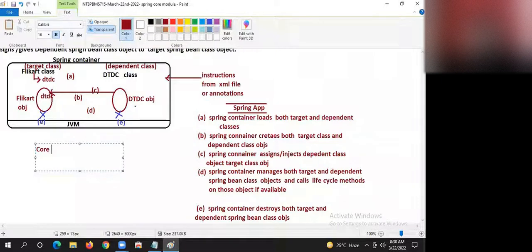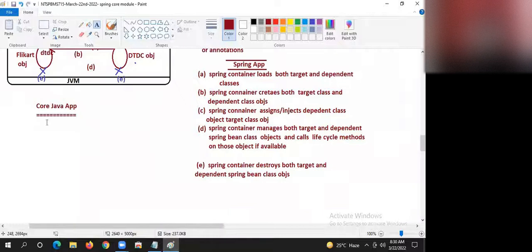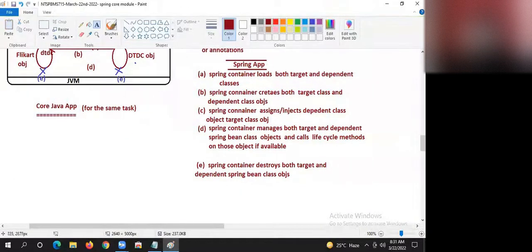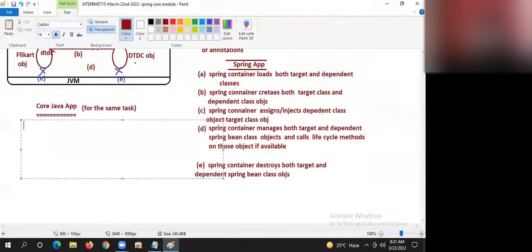Now you just need to tell me the core Java application for the same requirement, for the same task. Developer indirectly loads both target and dependent classes.